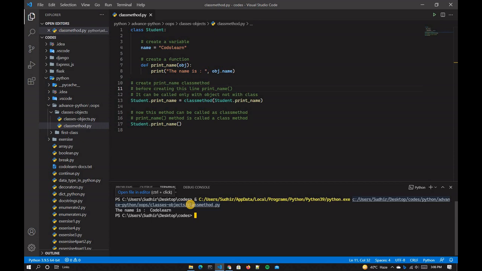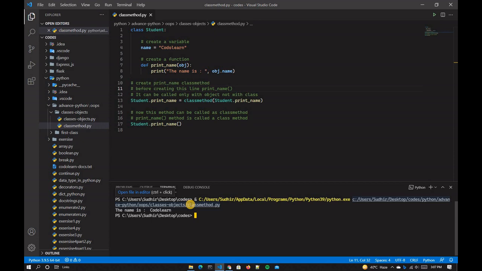The class method function is used in the factory design pattern, where we want to call many functions with the class name rather than the object. And guys, the class method decorator is an inbuilt function in decorator, which is an expression that gets evaluated after your function is defined.